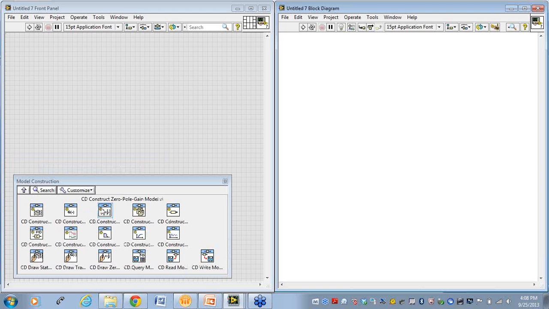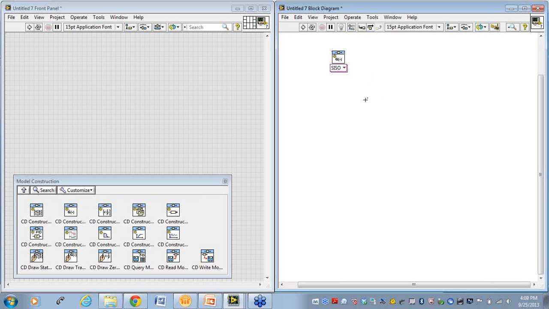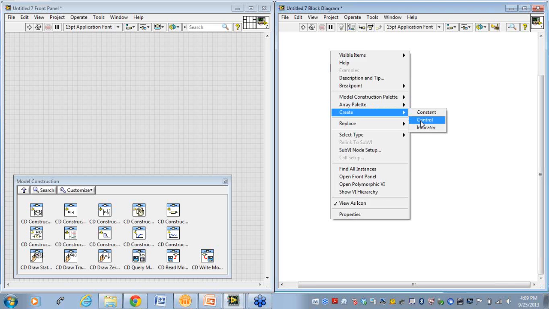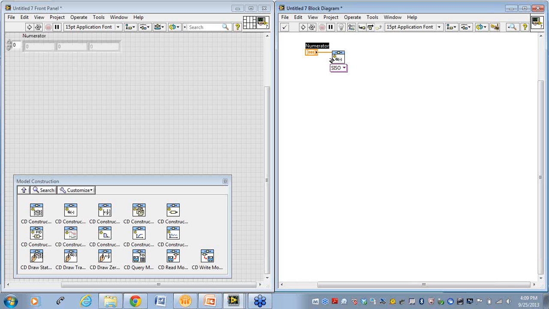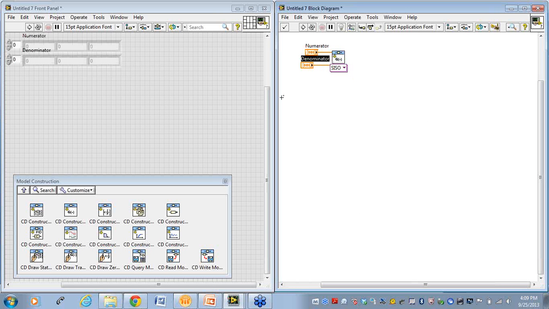Let me just take a simple transfer function model and show you how we can build a control system in this representation. So I'm just going to drop it onto my block diagram and I'm going to create a control for my numerator, and similarly I'm going to create a control for my denominator. This enables me to directly feed in the coefficients of the polynomials for both the numerator and the denominator,